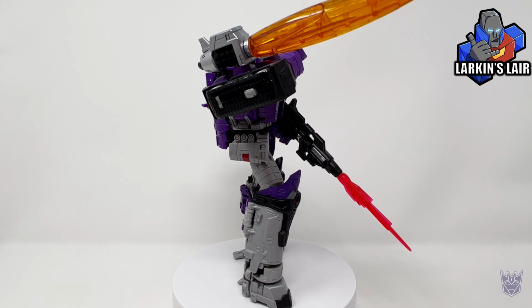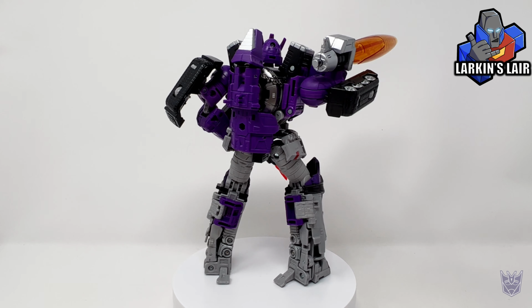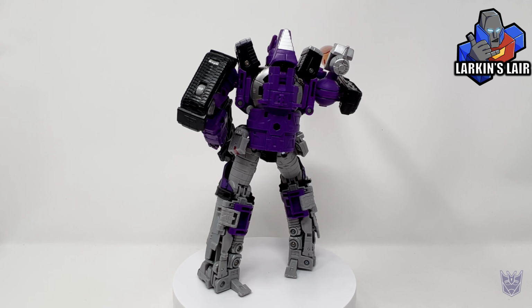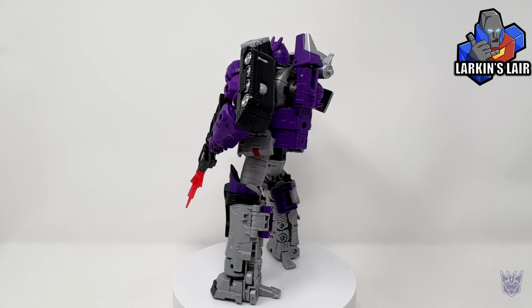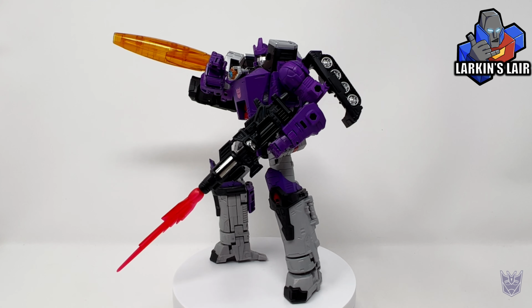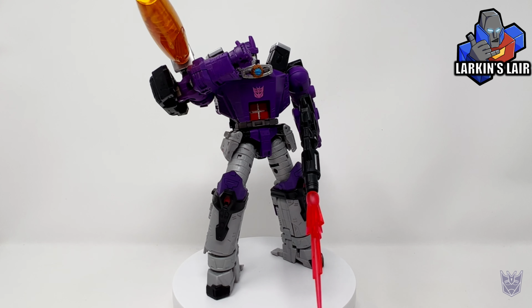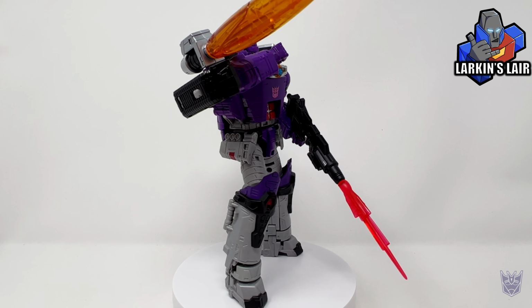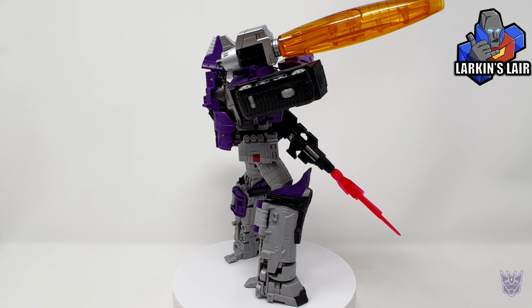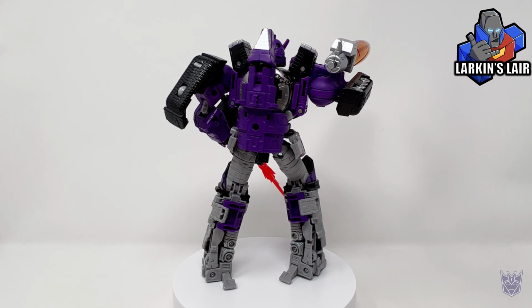Overall, I think it's a pretty good kit. I mean, to me, the biggest draw of this kit is the leg extensions, because I think it makes Galvatron a lot better proportioned. And if you've got any upgrade kit to increase the height of Ultra Magnus, it kind of makes them a little more on par with each other. Other nice parts in the kit is the gun, very nicely made, nice paint apps,